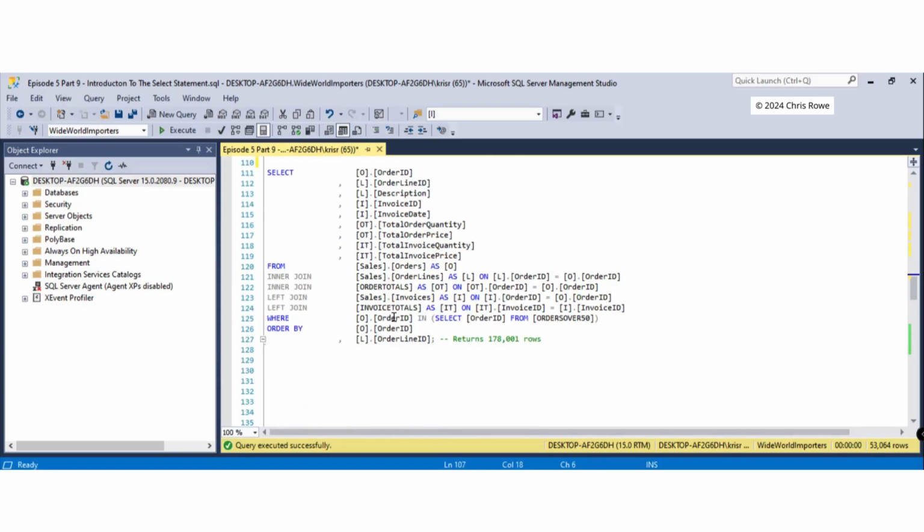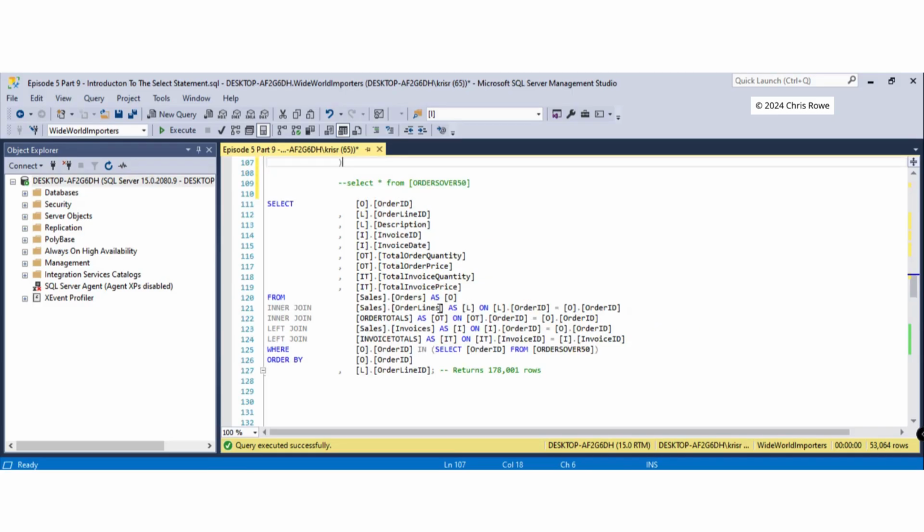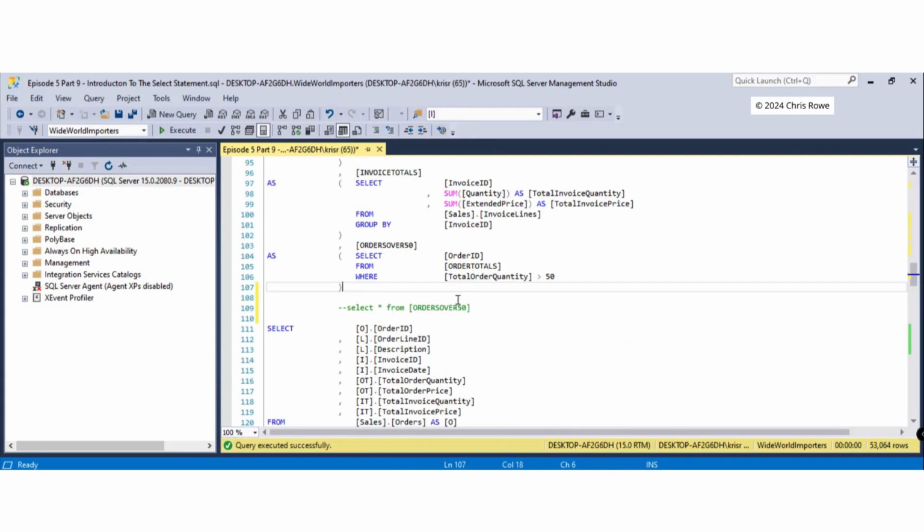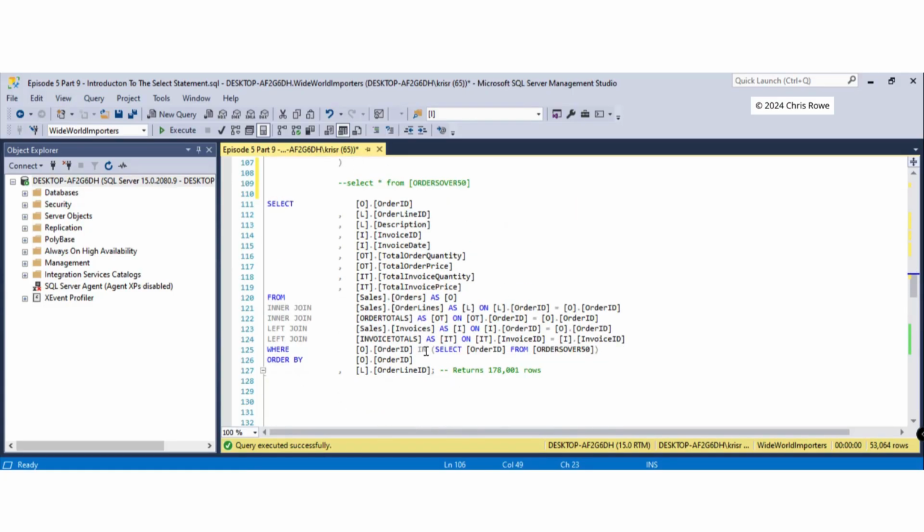We of course could have just said AND order ID IN select order ID from order lines where sum is etc, etc. We could have done this another way, but it's quite easy to just build a very quick CTE to pull back a very small amount of data and just say IN and then brackets, do a subquery, select order ID from